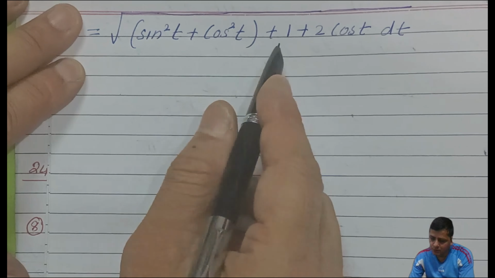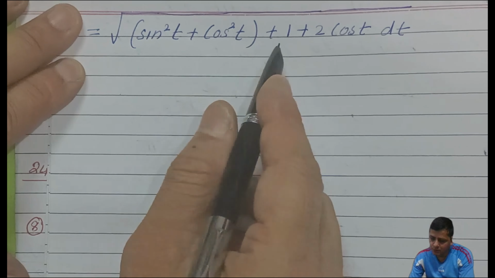So further, if you simplify, you get the power of this, and then you just go for adding up. This 2 becomes 2 plus 2 cos t dt. So that's what we got. And further, one more step, let's go in integration of, you add this, and then you can use the half angle formula for 2 cos t, so you can write 2 plus 2 into cos t by 2 minus 1 dt.